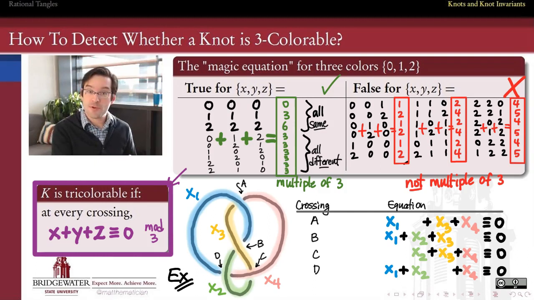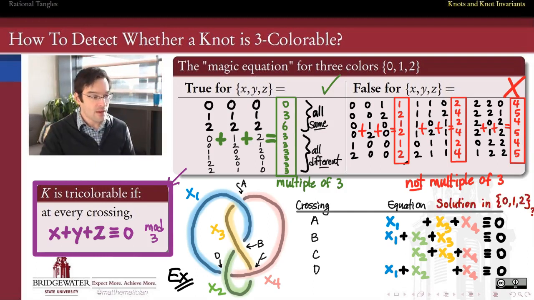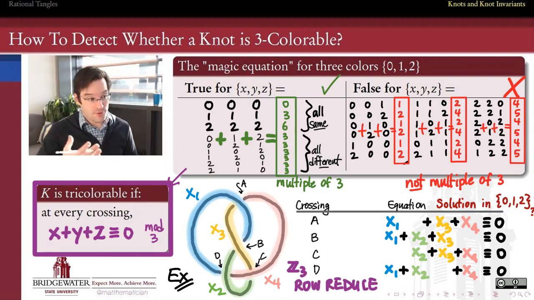So let's see what happens if we try to solve this system of equations. Does it have a solution where x1, x2, x3, and x4 are all in the set 0, 1, 2, residues mod 3? So what we'll do, of course, is we'll row reduce. But when we row reduce, the arithmetic that we have to do for row reduction is arithmetic mod 3. So when I add 2 rows together, for example, I'm going to be adding them using addition mod 3. If I decide to multiply a row by a number, I'm going to be doing that multiplication also on the mod 3